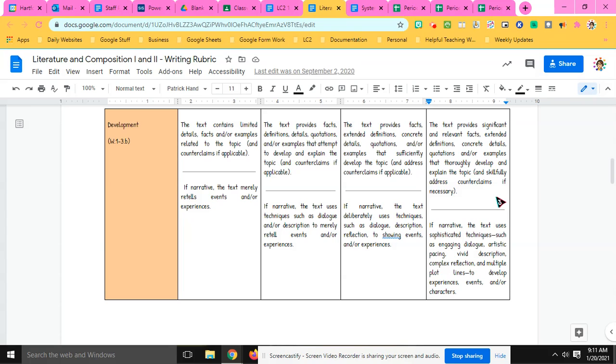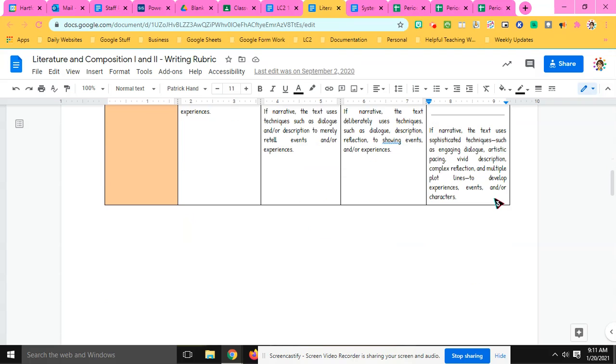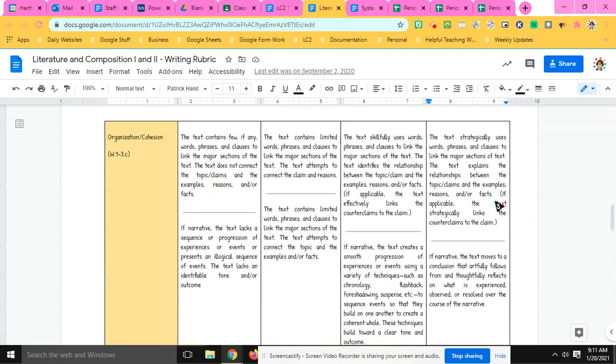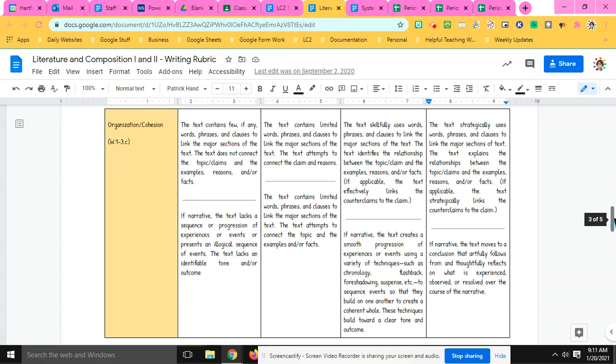We were developing. How did that show systemic discrimination? Why was it wrong? That's your development. Also, in your second body paragraph, where can you develop? Well, not only can you say what we can do to help, we needed to develop that explanation by providing the specific steps that we will take to do that. Let's keep looking. Our next area on the rubric is organization and cohesion. Cohesion is how well things go together.